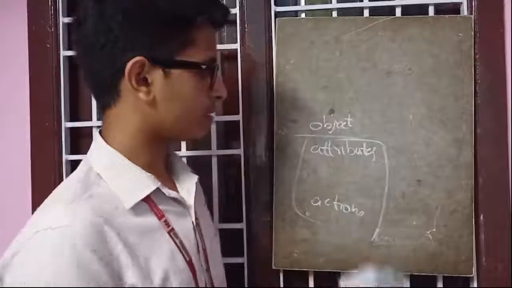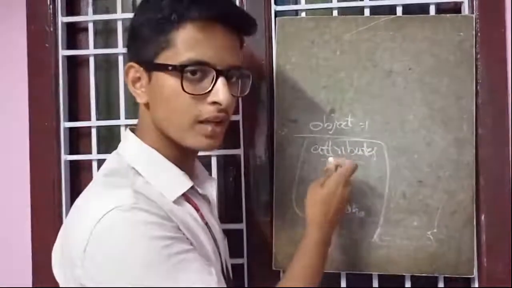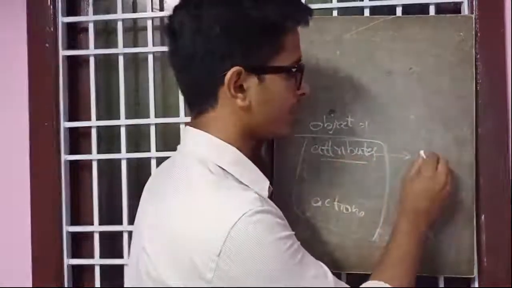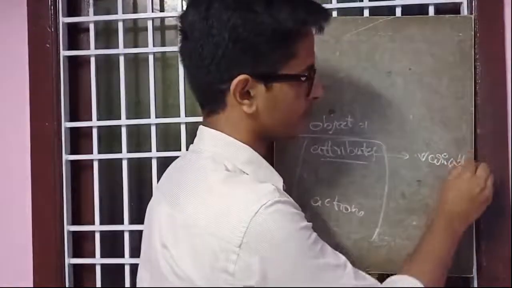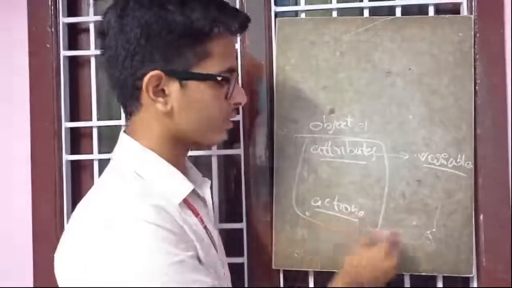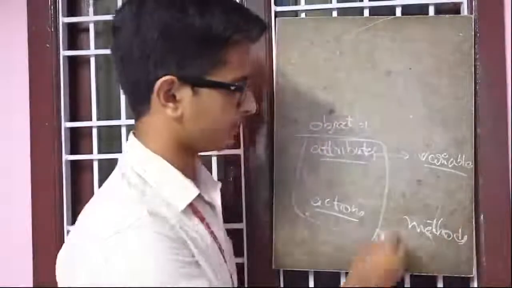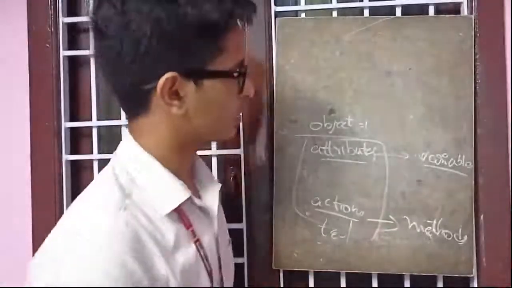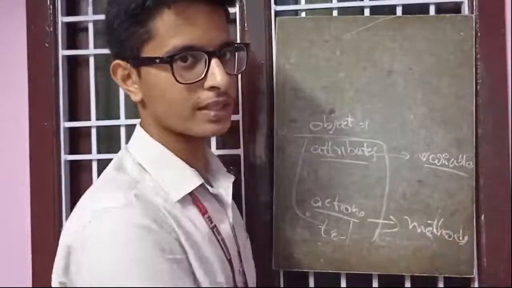These attributes and actions are like, for example, take an object as a person, Raju. He has name, age, sex, gender, etc. Those are all attributes, and those can be treated as variables in Python programming. These actions can be treated as methods of a class in Python programming, like talking, singing, drinking, dancing, etc. So an object contains variables and methods. This is the concept of object and class.